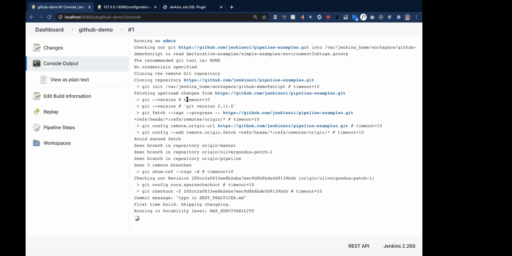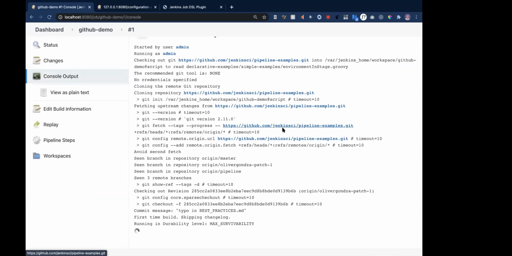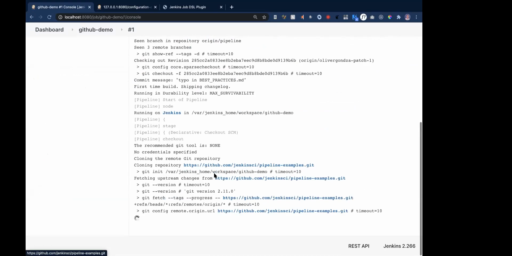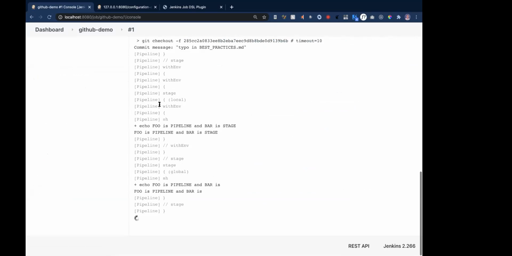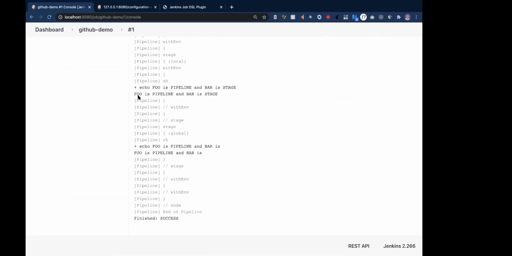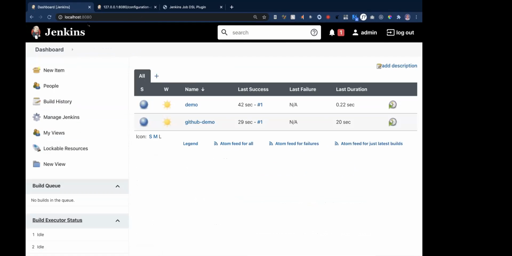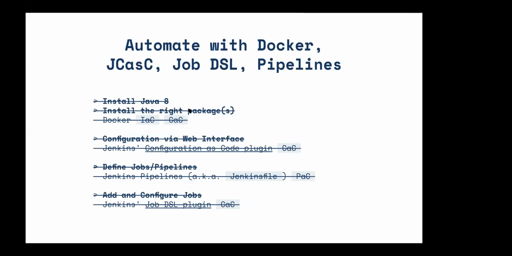You can see from the output that it has successfully pulled in the Jenkins CI pipeline examples repository. It's now going to look for the pipeline script, and now it's read it, and now it's executing it, and it's printing out the environment variables as expected. So I've pretty much covered everything. As you can see,